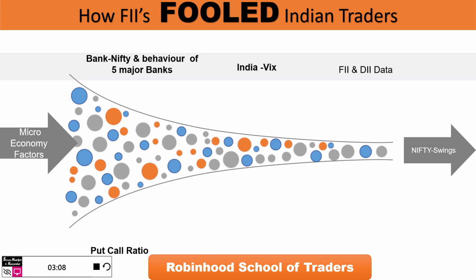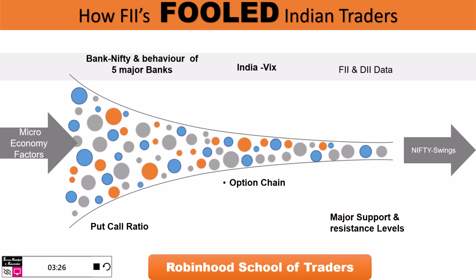Next is put call ratio. We all know when the Nifty totters somewhere between 0.6 and 0.8, there's a high probability of reversal, and Nifty bounces again. Nifty takes a reversal in the vicinity of 1.2 to 1.4. Then the third parameter is option chain. Yes, it is quite dynamic. It changes on an hourly or daily basis, so we don't have a fixed range for this. And by looking at the option chain and technicals, we can find out the major support and resistance.